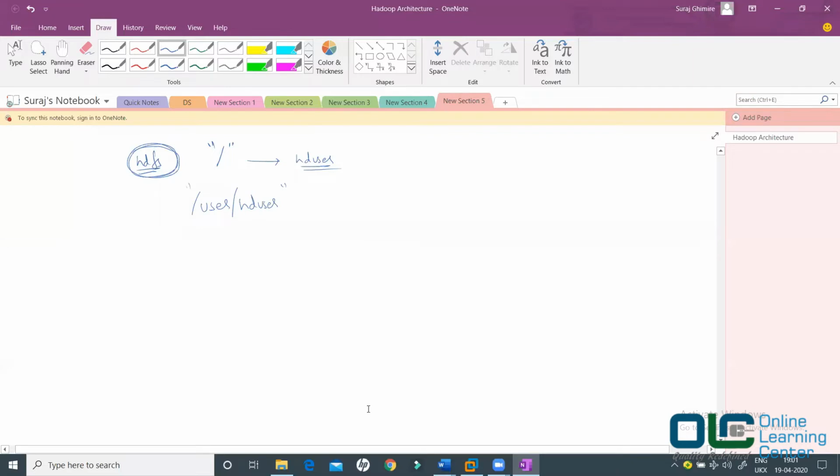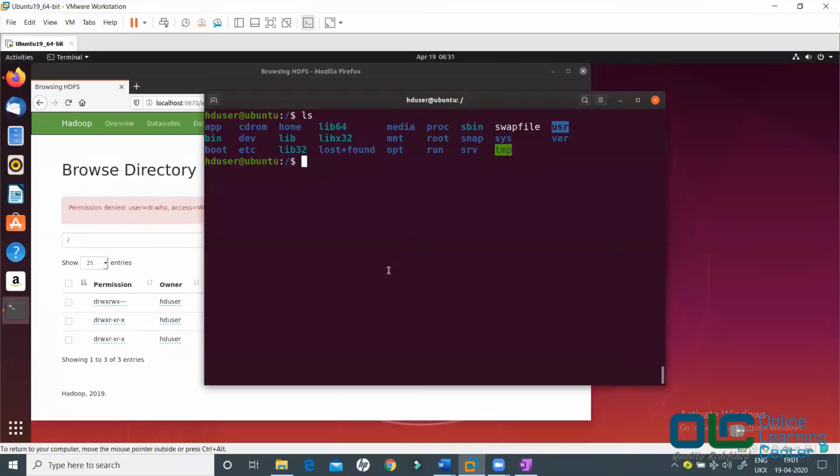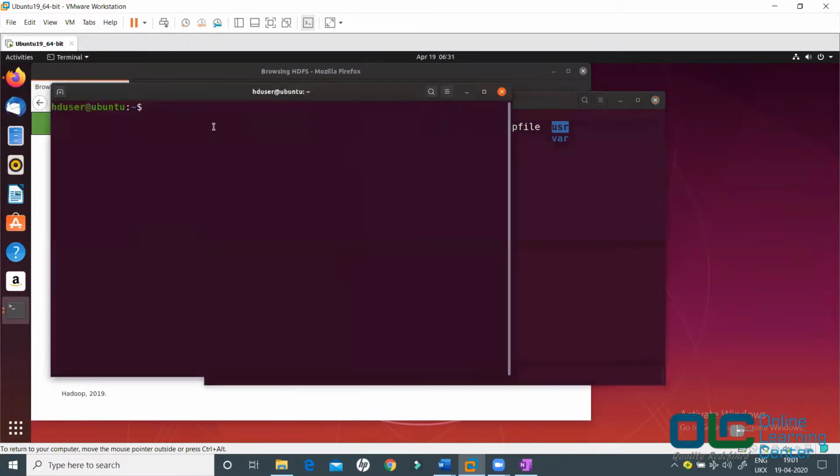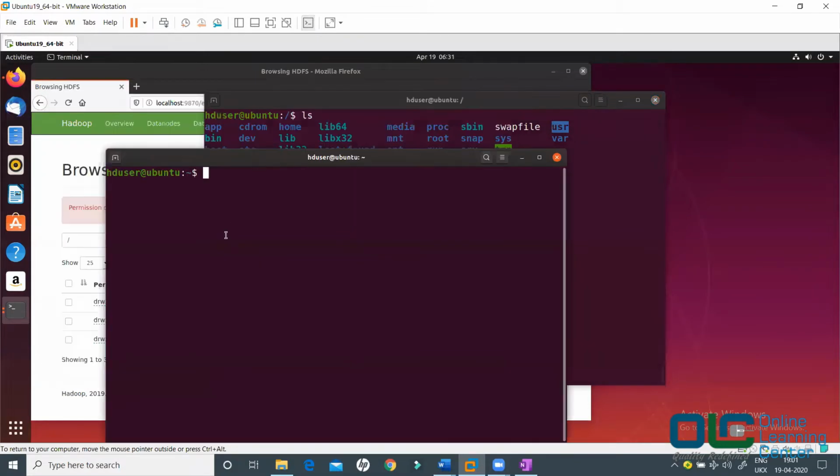For example, if I go to Ubuntu, let me open a new terminal, Control Alt and T. I opened a new terminal here, and let me say pwd.